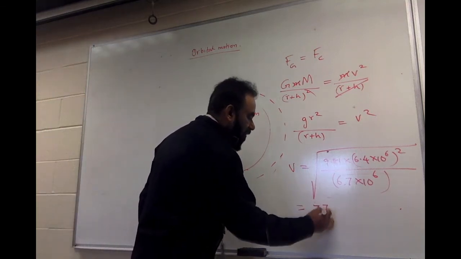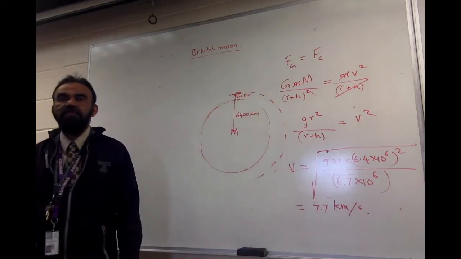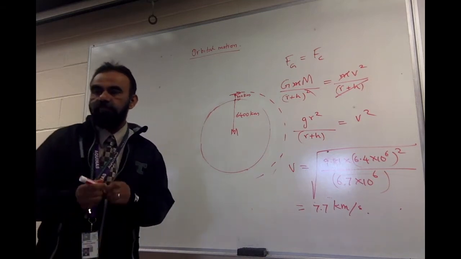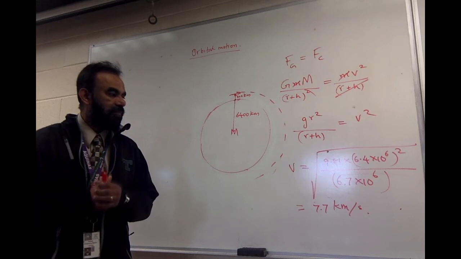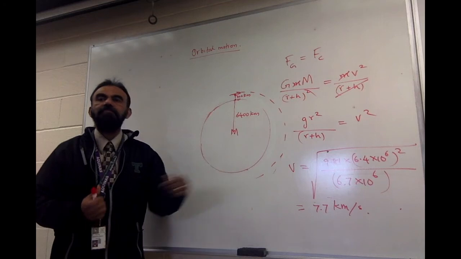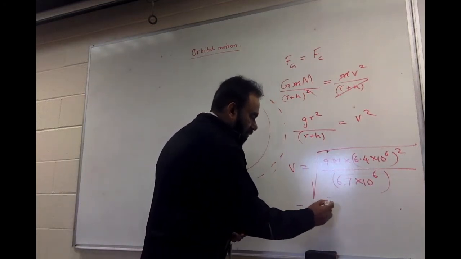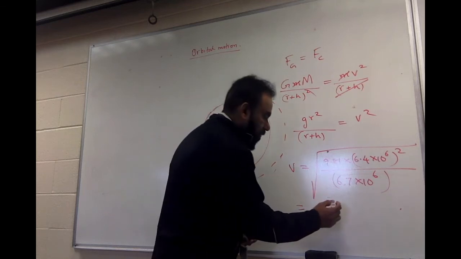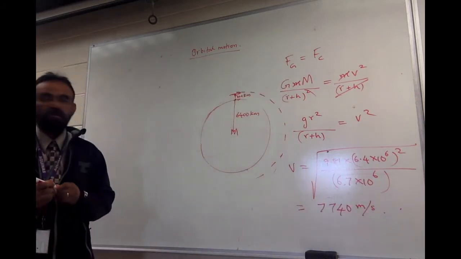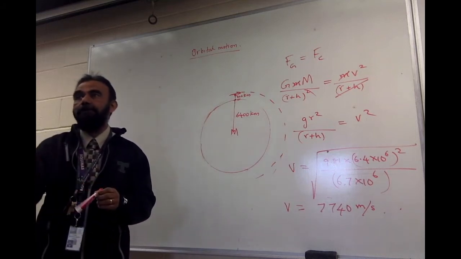So 7.7 kilometers per second. You get around 7,700 meters per second, which is 7.7 kilometers per second. So the speed of that satellite should be around there. Let me put the actual number: 7,740 meters per second. That is the speed with which the satellite is supposed to be launched or put into orbit